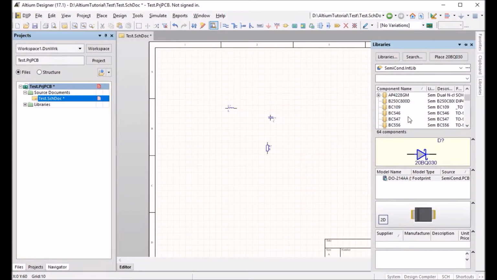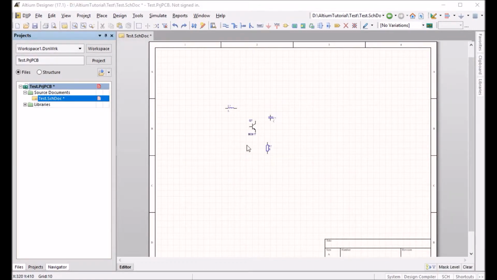So let's search for one with that kind of footprint. And if I cut the search bit short, BC817 has the same footprint and the same symbol. So let's use this one. There are quite a few possible pin arrangements for such a transistor, so we have to check that we have the right one. To do that, we'll double click this transistor